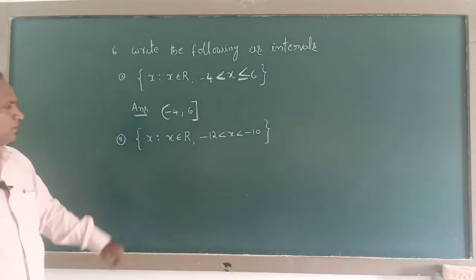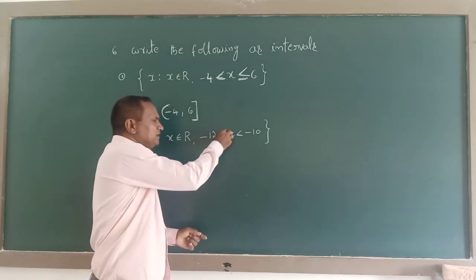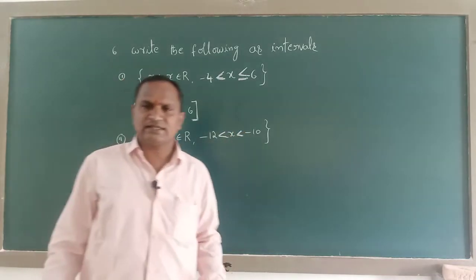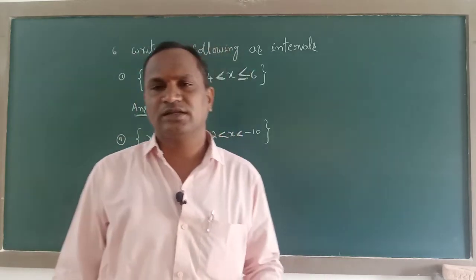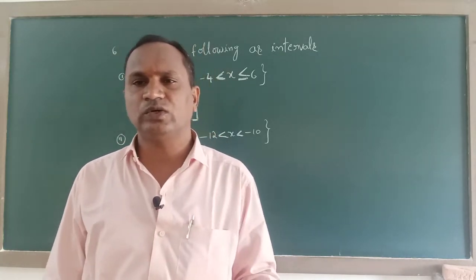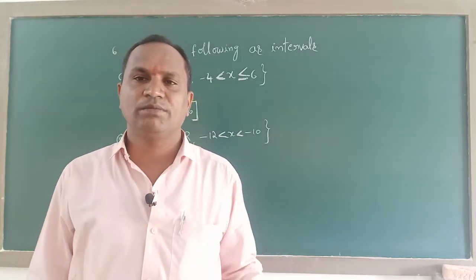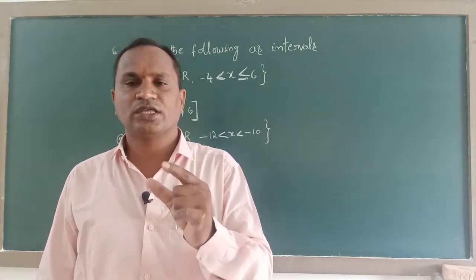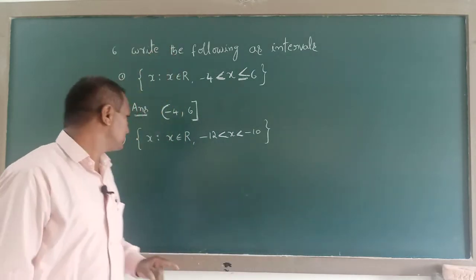If you observe the second question, on both endpoint sides they gave the strict less than symbol. Whenever there is a strict less than symbol at an endpoint side, we must write an open interval, that is the curved bracket. If you see the symbol less than or equal to, at that time we must write a closed interval on that endpoint side. But here they did not give less than or equal to. They gave only less than on both sides. That's what you can write.